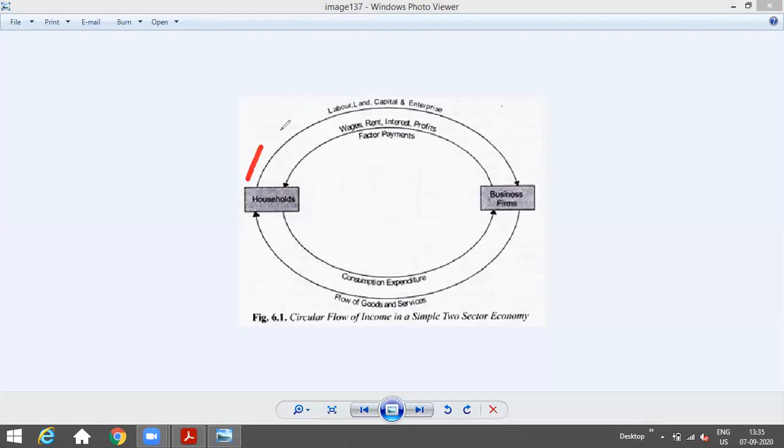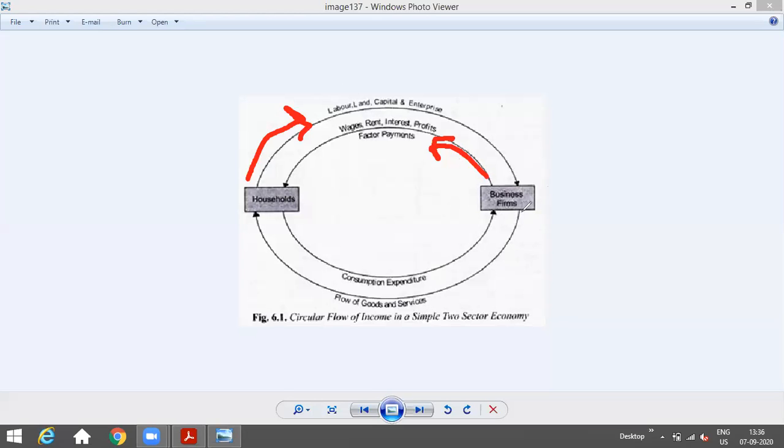See, ये वाला line देखना आपने first. The household sector is providing various services to business, for example, labor, land, capital, enterprise, and in return, what is the firm doing? The firm is giving wages and salaries, rent, interest, profits, which means for these factor services, the firm is providing the factor payment to household. This is one round of income going from one sector to another and reaching back again.